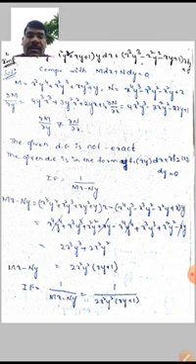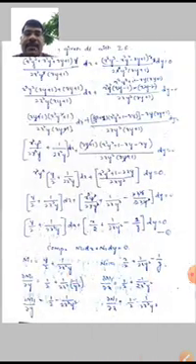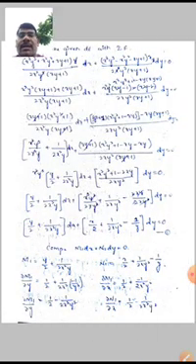Mx - Ny is not equal to 0, so 1/(Mx - Ny) is the integrating factor. This equation is multiplied with the given equation, and you have to simplify it. The given equation is now in the form M1 dx + N1 dy = 0. Here M1 equals y/2 + 1/(2x^2 y), N1 equals x/2 + 1/(xy^2) - 1/y.